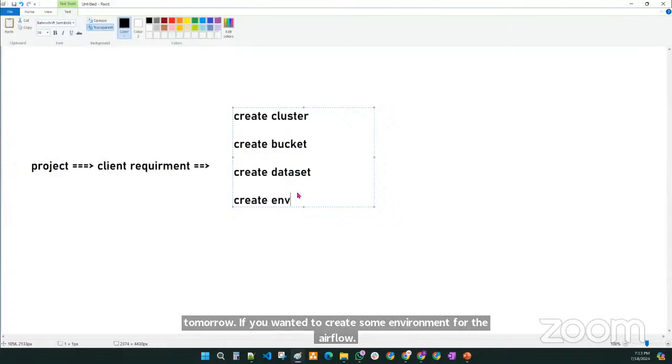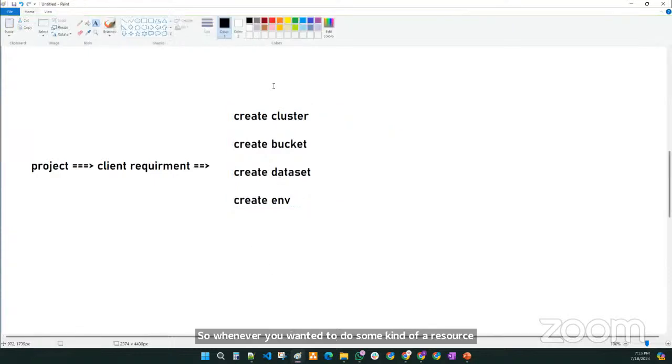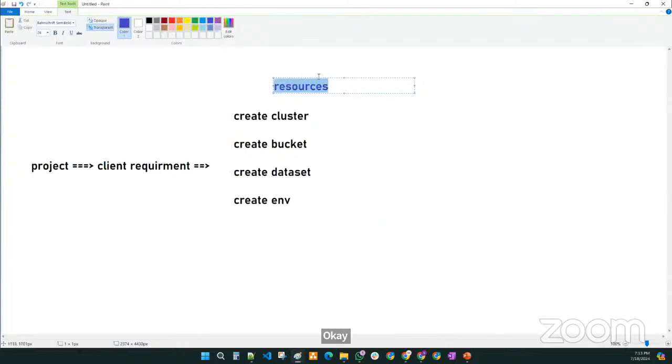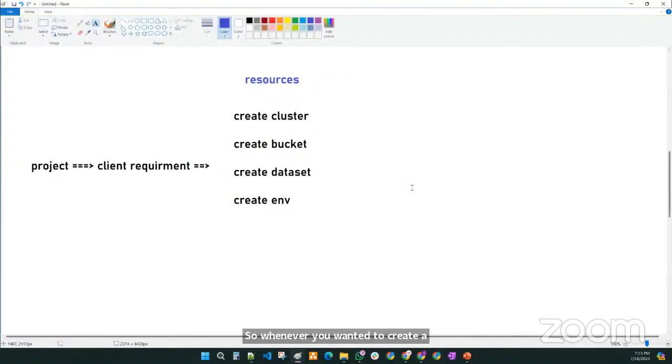Whenever you want to do some kind of resource creation, all of these things we usually call resources, guys. So whether it is a Dataproc cluster, a Cloud Storage bucket, a BigQuery dataset, or a Composer environment, whatever resource you want to create in GCP, you must select some